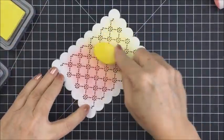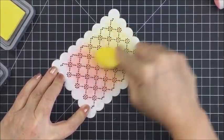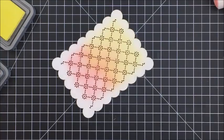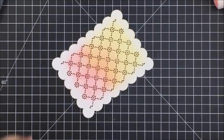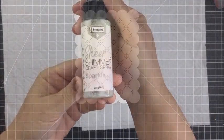for you to watch. And you'll notice that where the pink and the yellow meet in the center, it definitely creates a little bit of an orange tone. And I love that. I think that's super pretty. And that is one of the reasons why I blended them together, because I knew that I would be okay